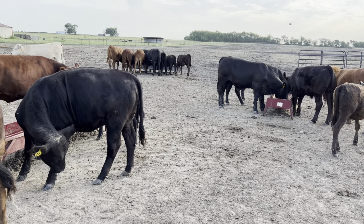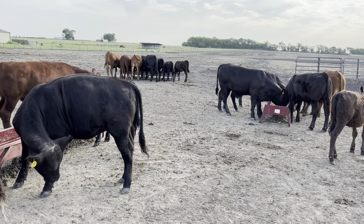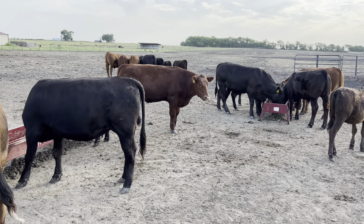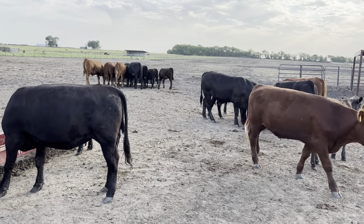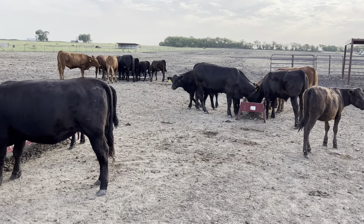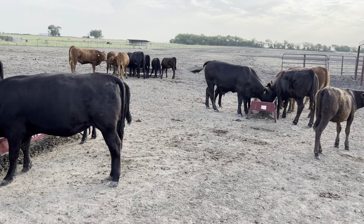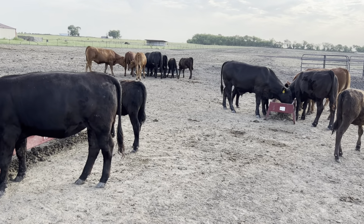So $1 today is $1 tomorrow, is $1 the next day. So to me, the U.S. dollar is an infinite duration bond with a 0% interest. And if I think about it like that, if the U.S. dollar is a bond, and if the value of the dollar is going lower, that would naturally put upwards pressure on the price of cattle,